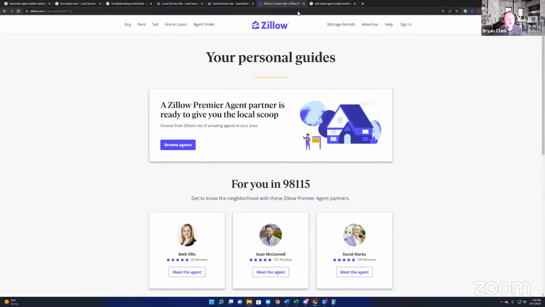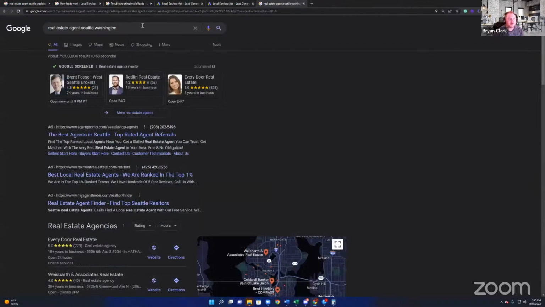So it makes it much more difficult for a consumer to find an agent on Zillow, which is going to drive those consumers back to Google to search for a real estate agent, where Google has essentially taken over that buyer's agent list or agent list that Zillow had as a product line, and can give you as an agent the ability to stand out head and shoulders above your competition. Now, there were a couple of factors that come into play when it comes to how often you can be displayed at the very top. It's not just going to be broken down on the amount of money that you spend every single month, but